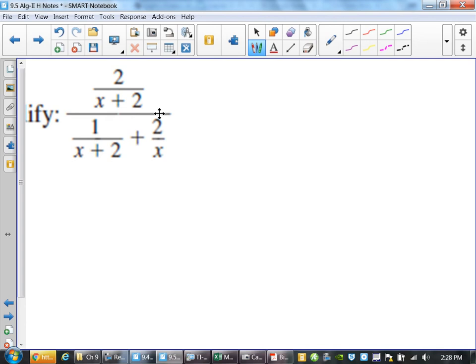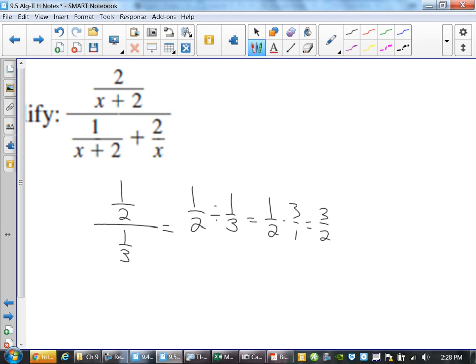This is called a complex fraction. It's a fraction over a fraction. What I want you guys to think of this as is very similar to one half divided by one third. It's written vertically as opposed to horizontally. This is the exact same thing as saying this, which is the exact same thing as